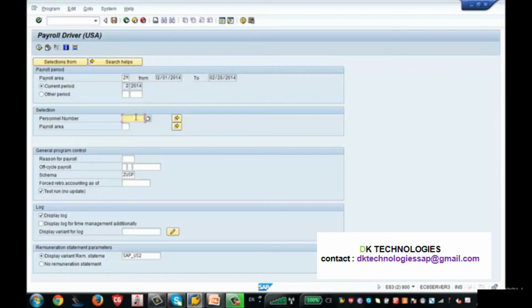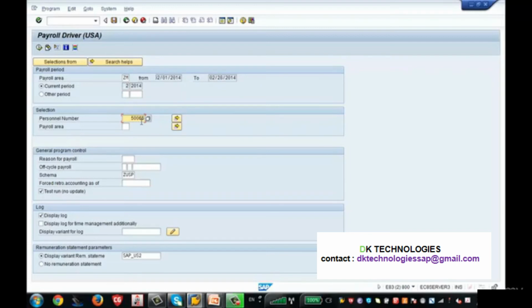And now if you want to run for one employee, so I am just trying to run for an employee, but in real scenarios, the payroll will be run for the payroll area. So it will run for all the employees who belong to this payroll area in the real world. But now I am just running for one person.